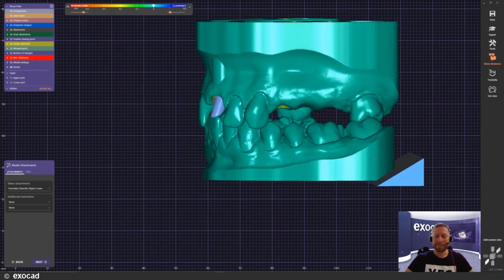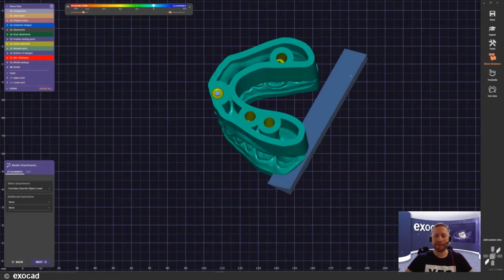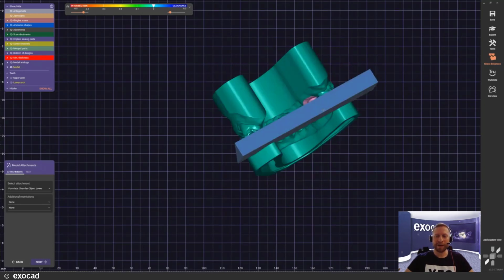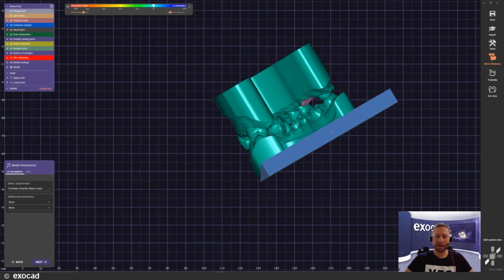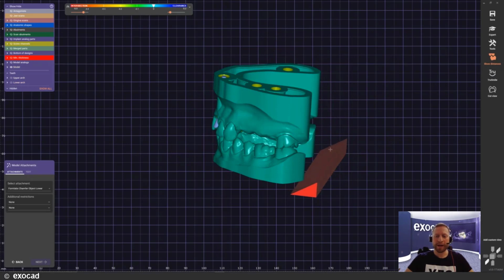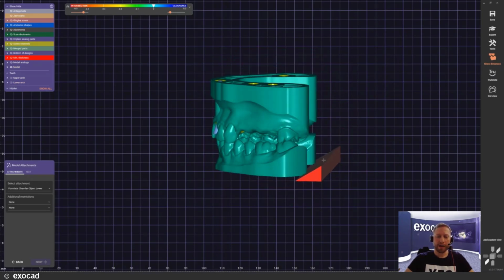I have the same options as usual to bring it into position. It's very easy. I just drag it around. I rotate it a little bit. And what this does is a very, very nice little feature. I just bring it into the right position. Yes, now we have no contact to our model. That's okay, because I just bring it into the right position.